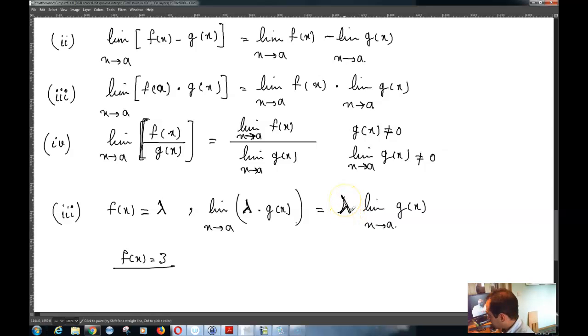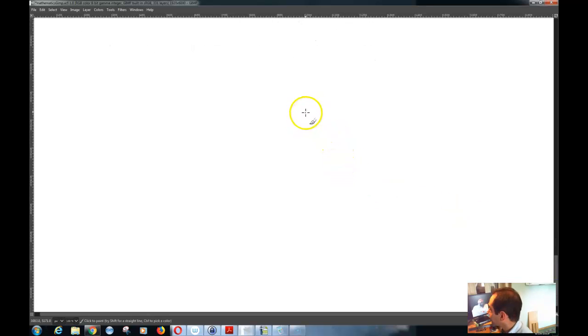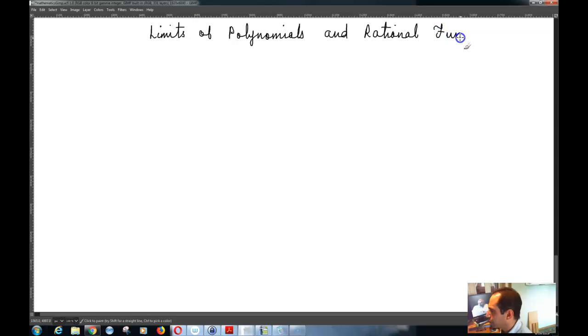Now there is one more part over here, which is basically about the limits of polynomials and rational functions. Now about that,